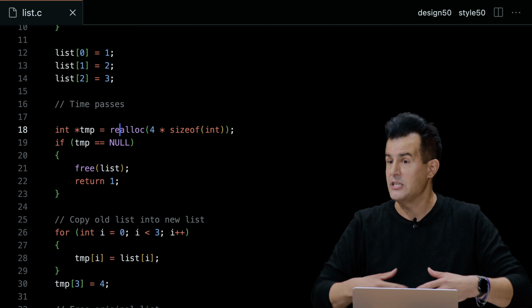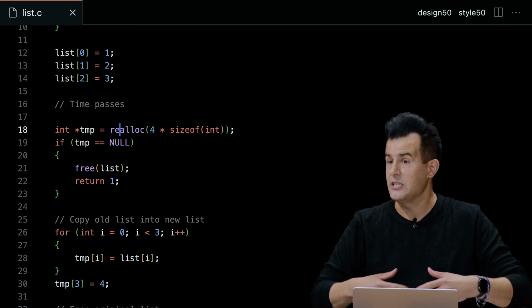All right, that was a lot. Let me pause for any questions. How does realloc know that it should reallocate the memory in list? If you have a lot of mallocs before, how does it know which one specifically it needs to reallocate? Very good question. That's because I wrote a bug that we didn't trip over, because I didn't compile this version of the code.